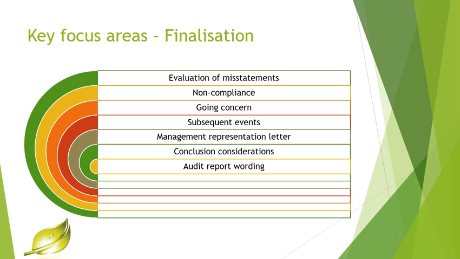Are there subsequent events that all of a sudden came in that changed the way you look at going concern for this particular entity? What about management's forecasts and assessments for the next 12 months? What does that say? Are you happy that all material going concern uncertainties are properly supported by appropriate plans that management has put in place to make sure that the entity does not go under?